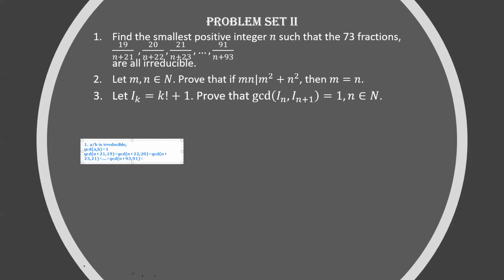So you have all these things all the way up till it must be equal to 1. Also, I think you should have noted a pattern. If you can see, the difference between these two numbers, n plus 21, 19, n plus 22, 20, n plus 23, 21, and so on till n plus 93 and 91, their difference is constant, which is nothing but n plus 2. So some kind of a property must be implemented here. What kind of a property? We'll look now.